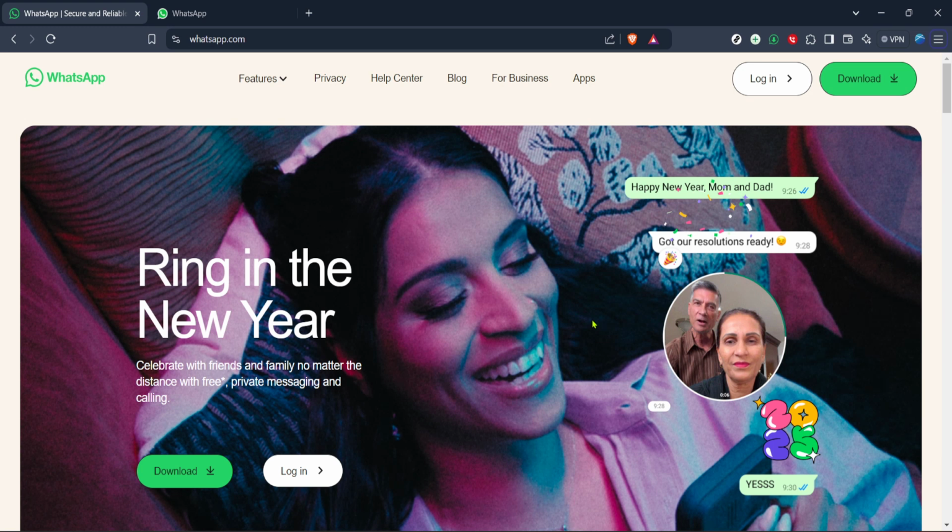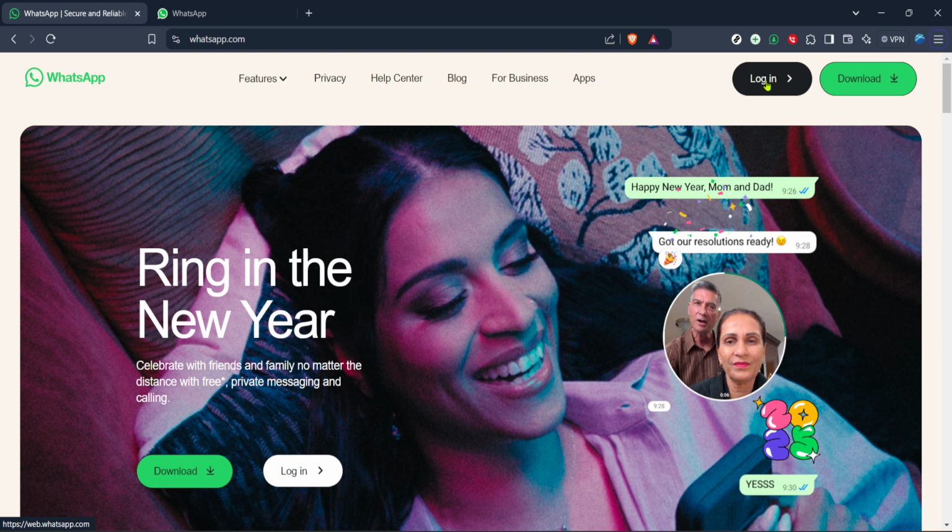First off, head over to your favorite web browser. It doesn't matter if you're a Chrome enthusiast, a Firefox fan, or even a Safari supporter. WhatsApp Web works seamlessly across all platforms. Once you've fired up your browser, navigate to the WhatsApp Web homepage. You can simply do this by typing in web.whatsapp.com into your browser's address bar. Upon loading the page, you'll be greeted by the familiar WhatsApp QR code. Go ahead and use your phone to scan this QR code, which will effectively log you into your WhatsApp account directly from your web browser.